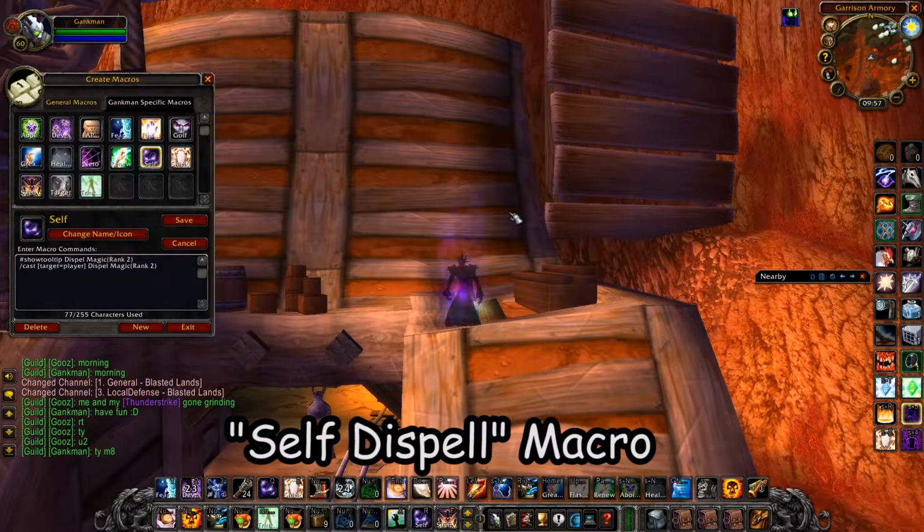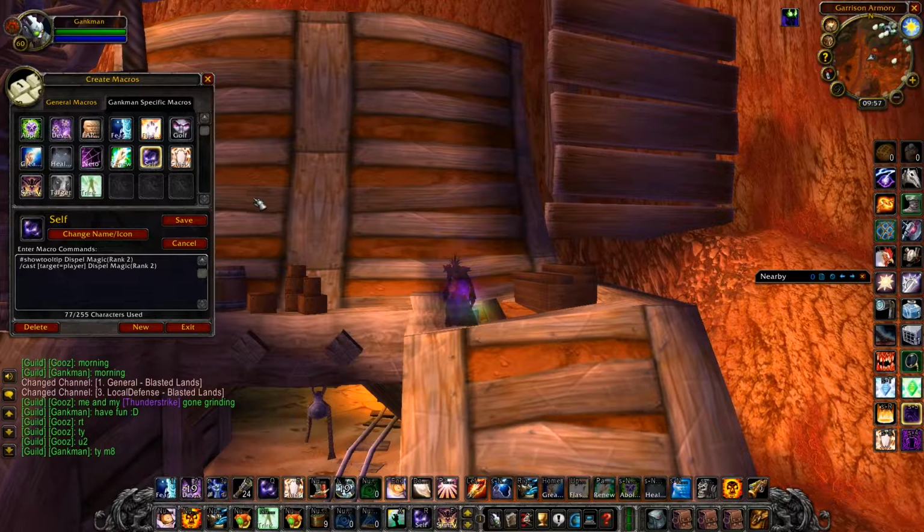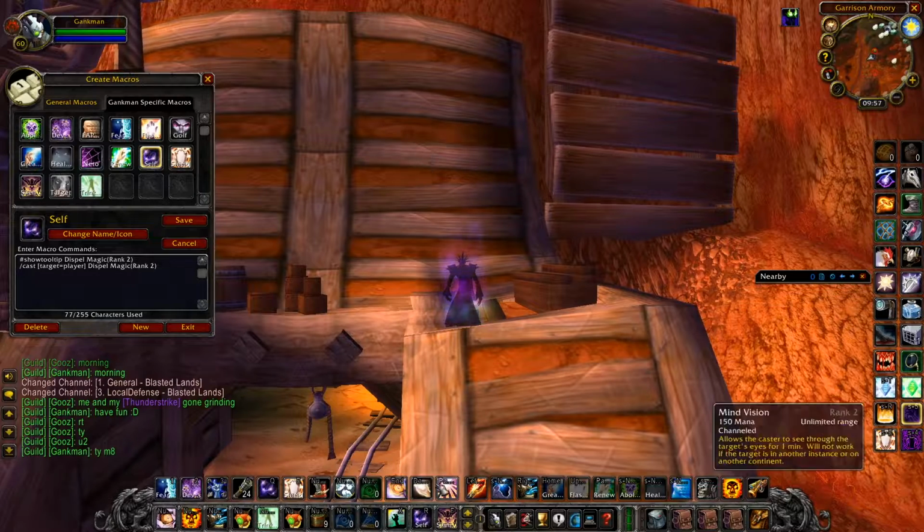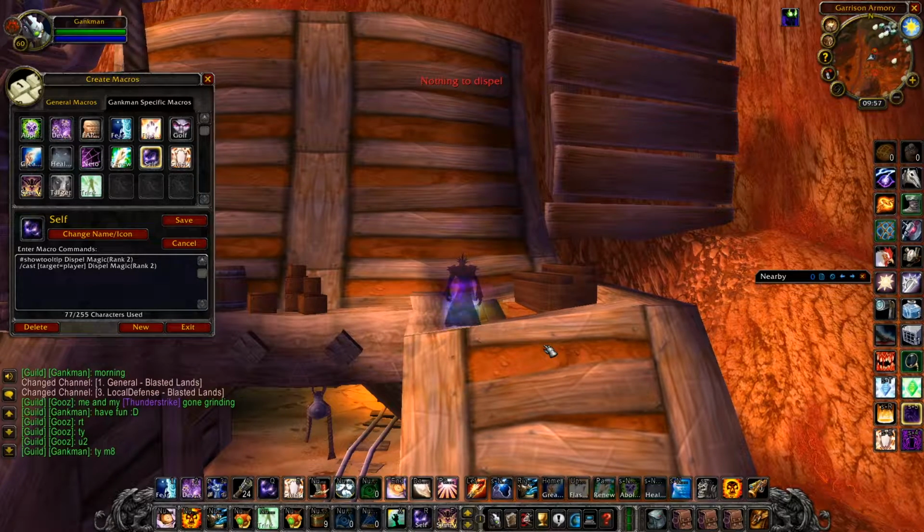Alright, the next macro we're going to talk about is one of my favorite macros for a priest, and it's the self-casting Dispel Magic. It's going to make you dispel yourself without losing your current target. So for example, if I'm fighting a mage and I have the mage as a target and he freezes me, with this macro I can dispel myself without having to target myself, without having to use an alt modifier or anything like that. I can just press one button, for me it's R, and it works like a trinket